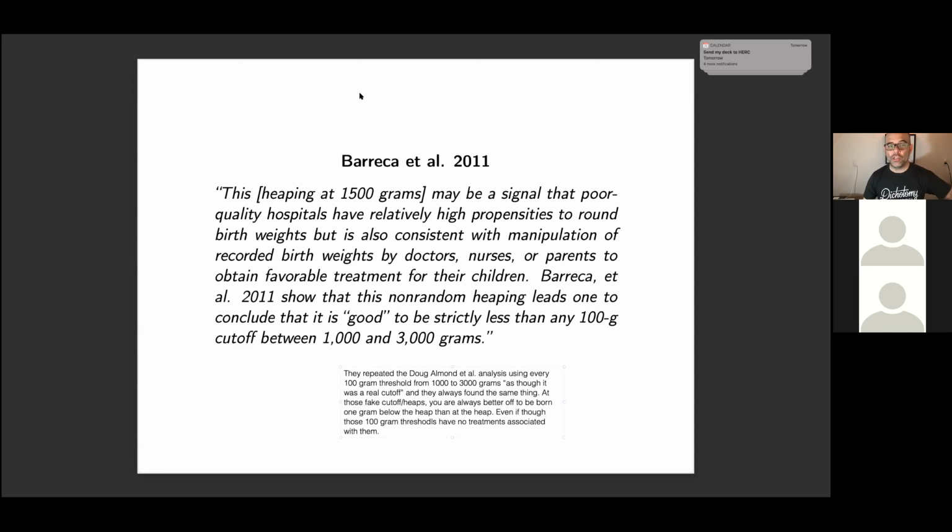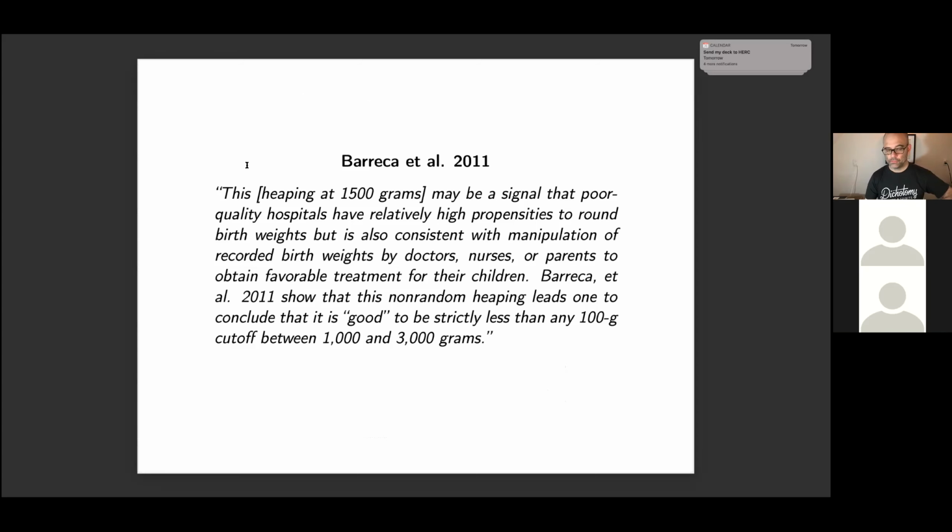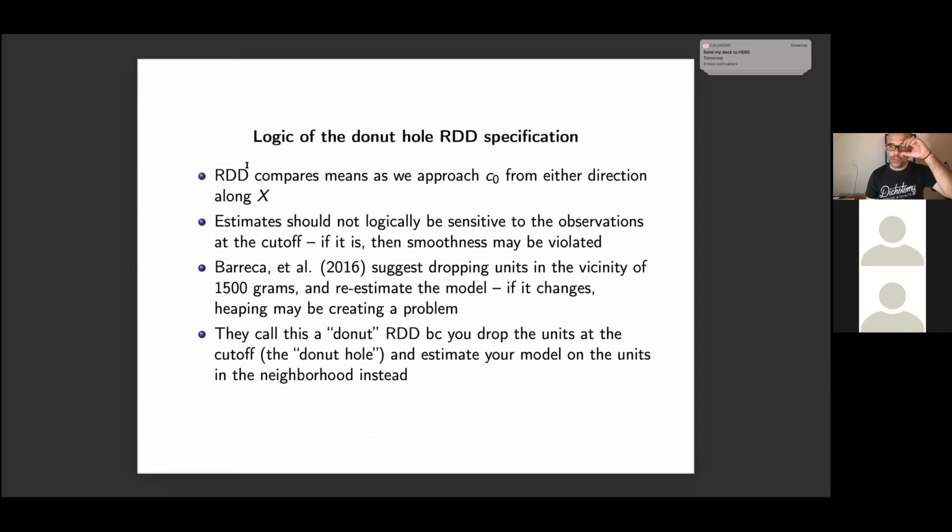Okay. So what can you do in this situation? You can do what's called a donut hole regression discontinuity. A donut hole regression discontinuity is going to compare the averages as we approach C0 from either direction, but we're going to drop the data at C0. Because, just to remind ourselves what the idea of RDD is, our idea of RDD is that the cutoff